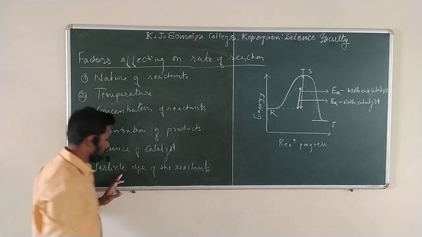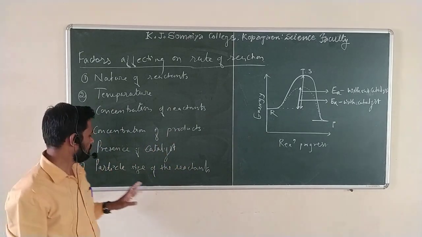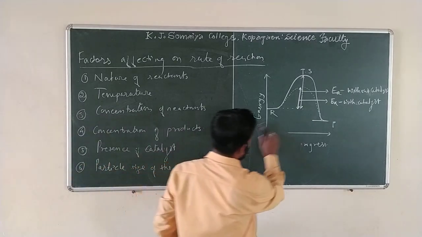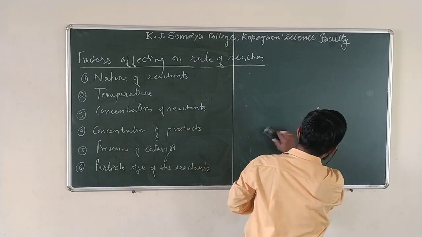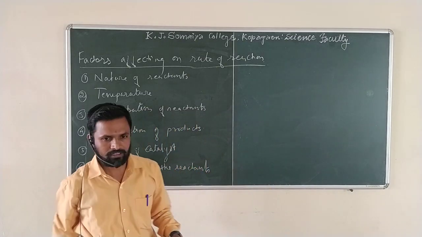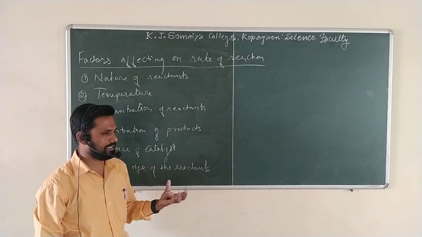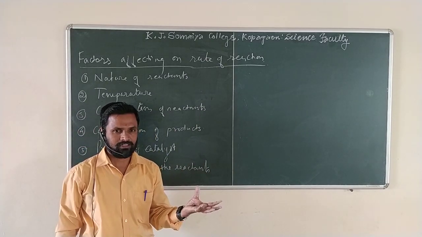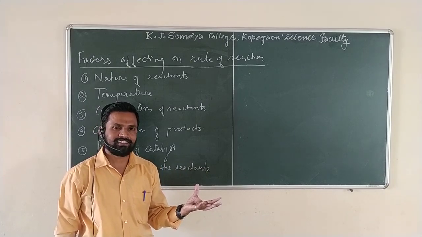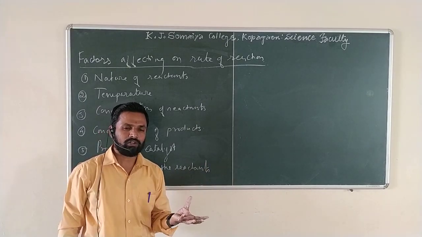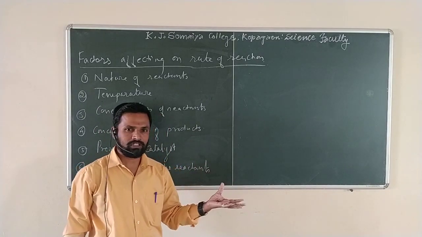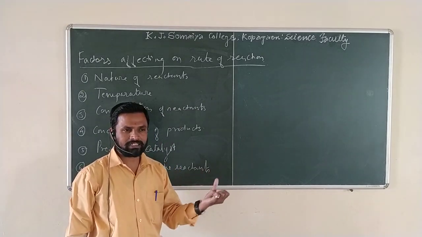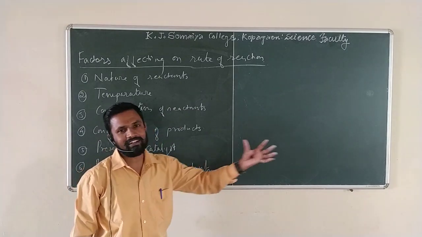Okay. The last one, particle size of the reactants. This also plays an important role. What does particle size of the reactants mean? If we are performing a chemical reaction in the laboratory and the reactant molecules are in granules or stone-like structures, what do we have to do first? The laboratory instructor will tell you to first take your reactants and crush them or make them a powder for performing a chemical reaction.